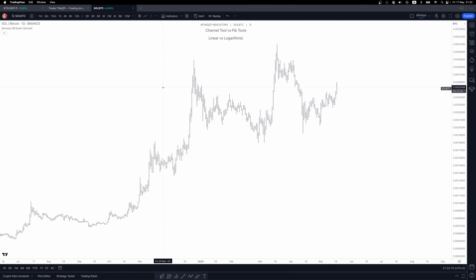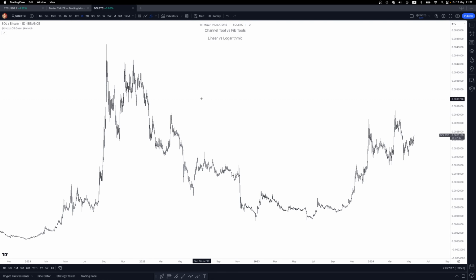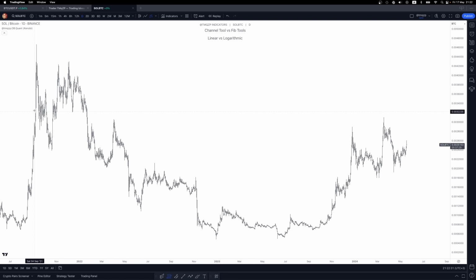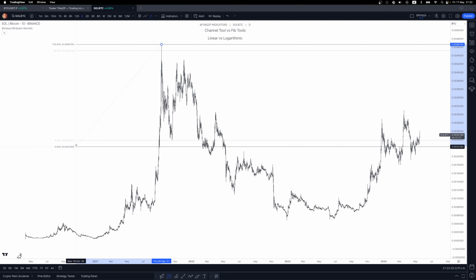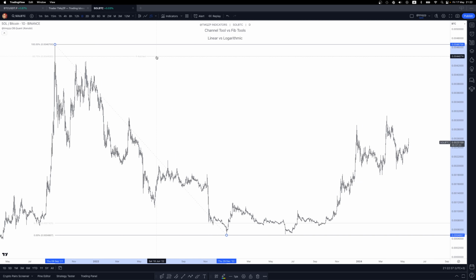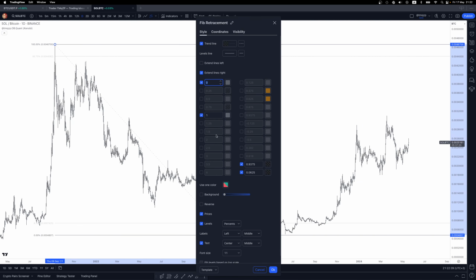And right, so we're gonna zoom out a bit and we're gonna take something like this, right? So we take a range, solid, there we go. I'm gonna draw it from the top to the bottom. Then what I'm gonna do is, just as an example, right? I'm just gonna add the